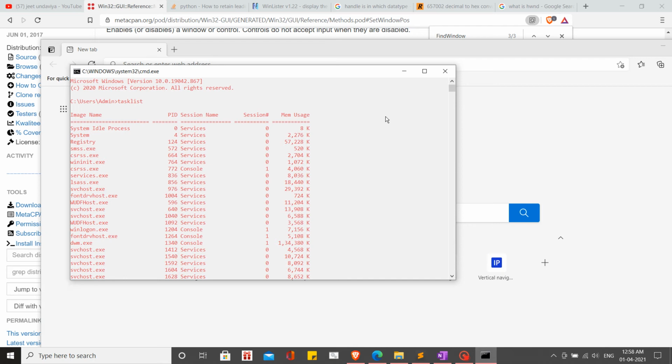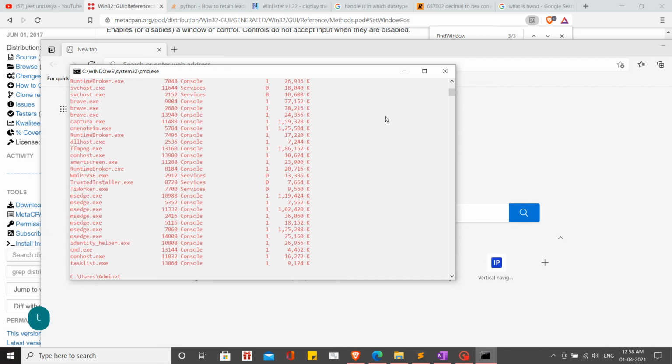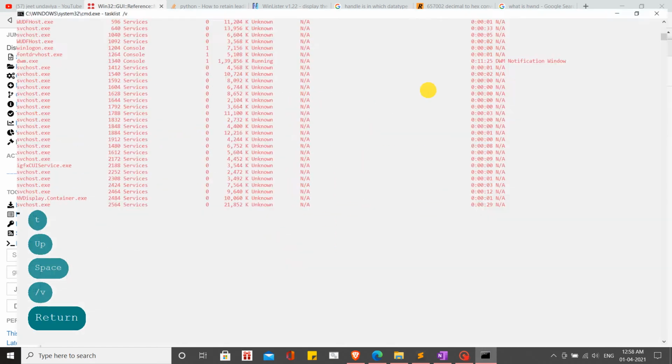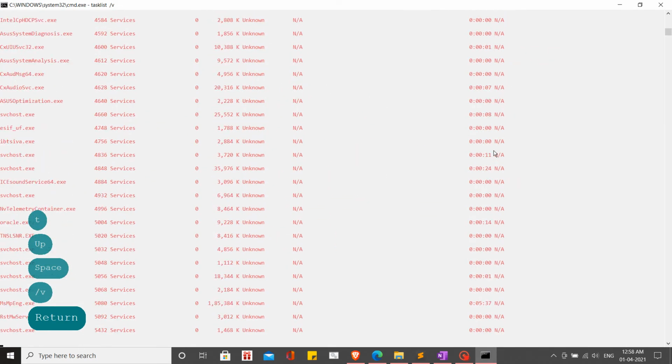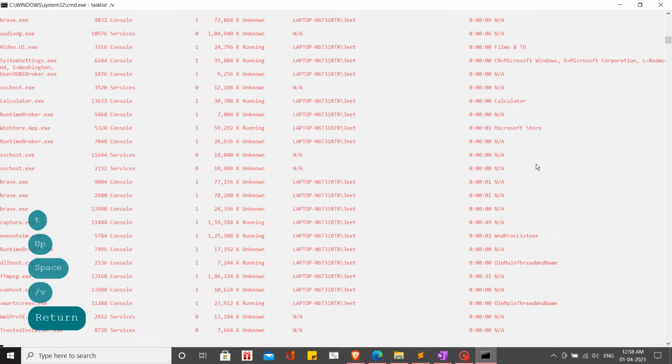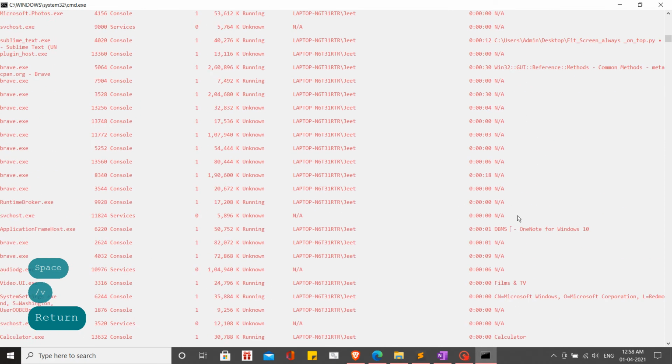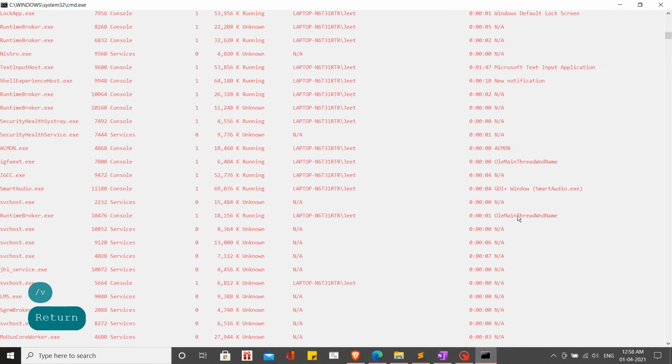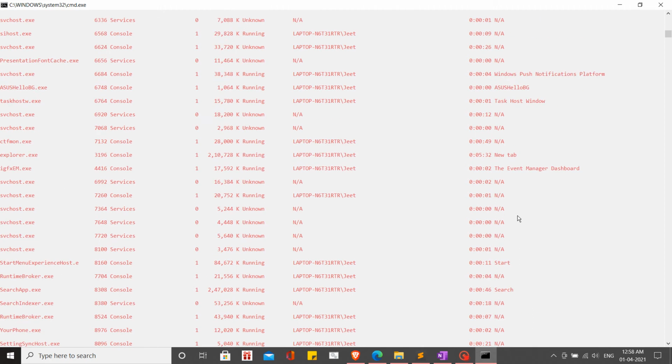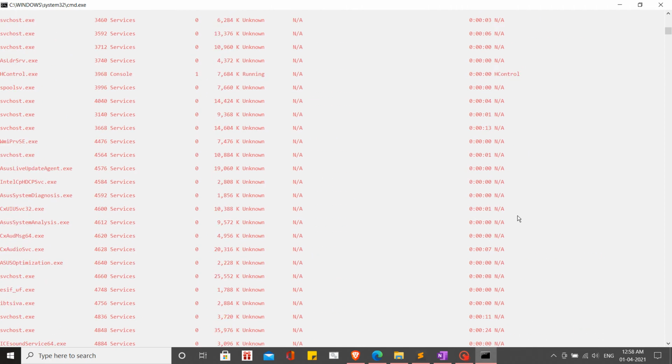If you run tasklist with the v flag, which is the verbose flag, and I full screen it, you'll be able to see each and every window name along with it. I'll just go forward and show you, just a second.